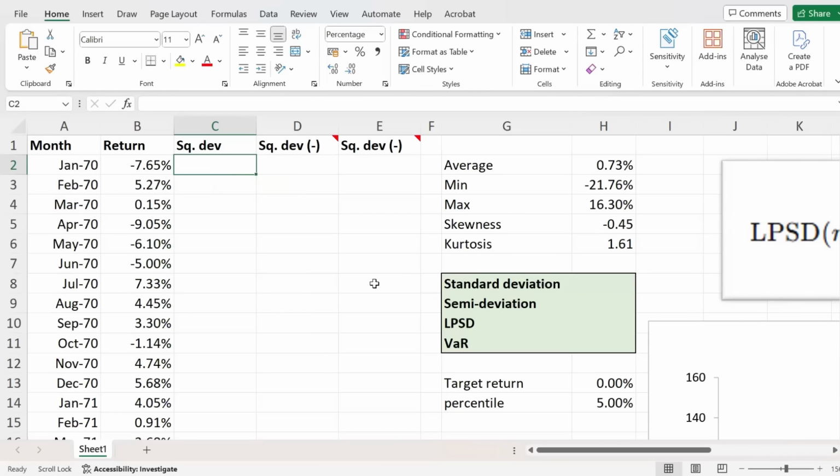Hi there. In this tutorial, we'll be learning about downside risk. Specifically, we'll be talking about semi-deviation, lower partial standard deviation, and value at risk as alternatives to standard deviation, which is a commonly used standard measure of risk. However, standard deviation focuses on both upside risk and downside risk, whereas these three alternatives primarily focus on downside risk